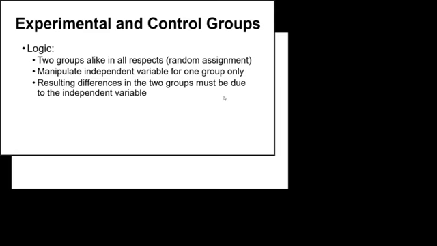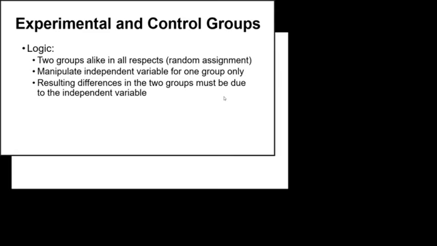Now, I want to take a second here to talk about how we make sure that our two groups are comparatively similar. And this is through a process called random assignment. This is another one of those things where you want to make sure you know the difference between random selection, which is how we select people from the population for a sample. And random assignment is once you have your sample, say you have 100 people that are going to participate in this theoretical drug study, we're going to have half of them put into the experimental group and half into the